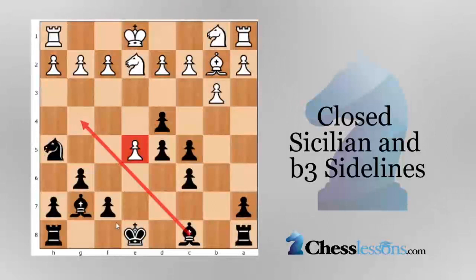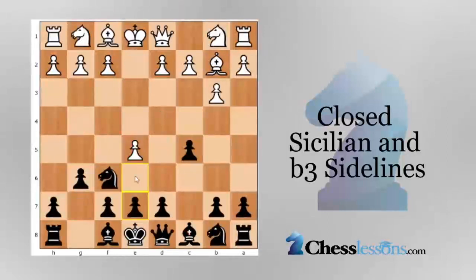So that leads us to 4 e5, which is the main line. Really, this doesn't offer black any challenges. Knight h5 is possible as well, but to me, it doesn't really make sense to not play the move knight to d5. I mean, if you can put your knight in the center, why would you put it on h5? So e6, I feel like, is the